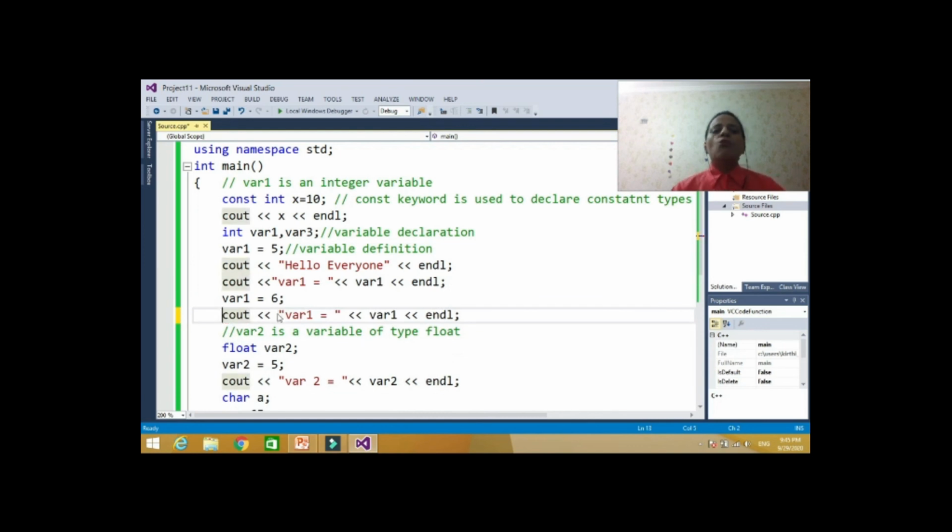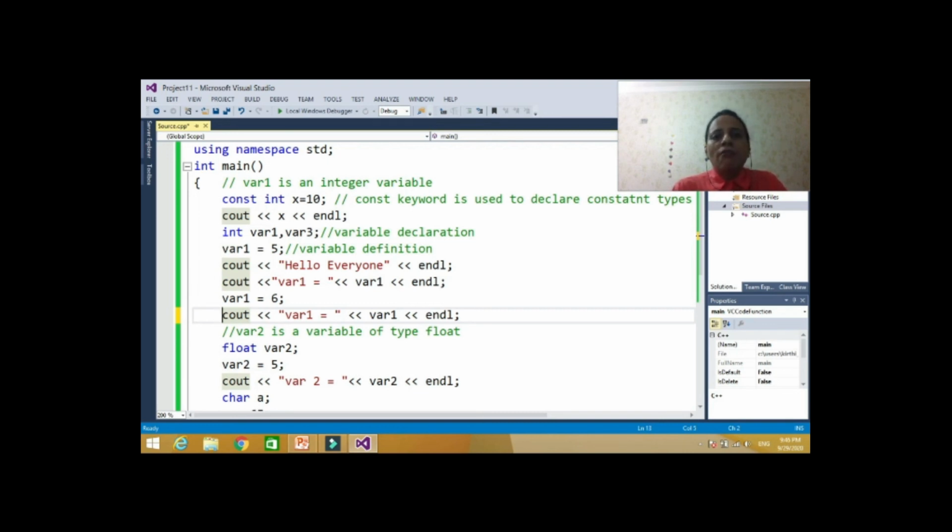So likewise you can declare floating point constant, decimal number constant, character constant, any type of constant you can declare. So now whenever you write a program, first thing is you will be very careful about choosing your data type. What type of data you should choose? It should be an integer, it should be a character, or it should be a decimal number.